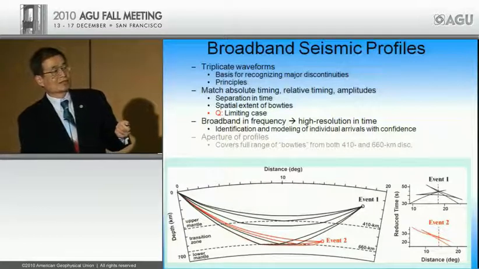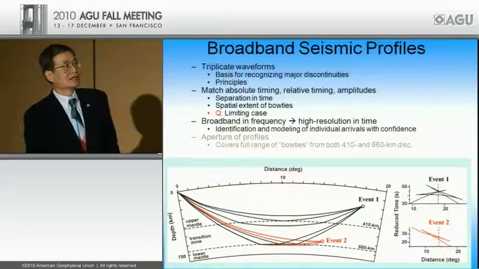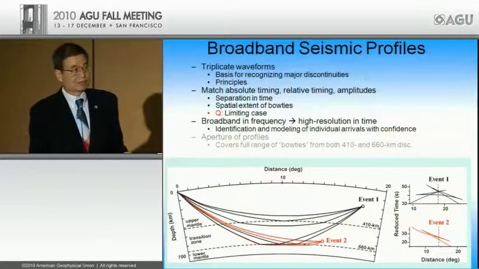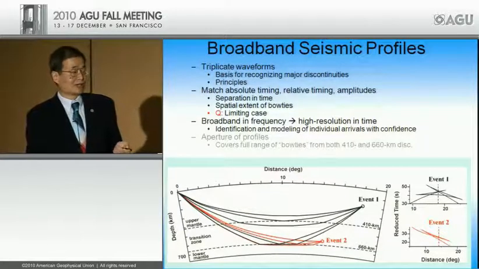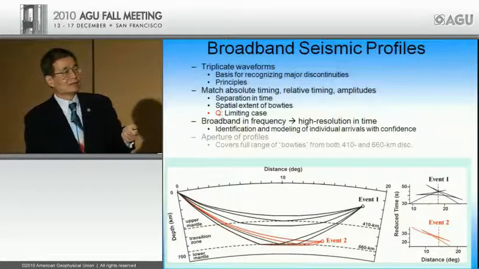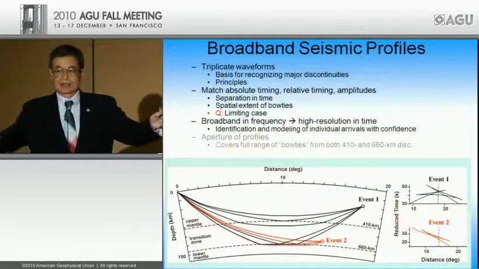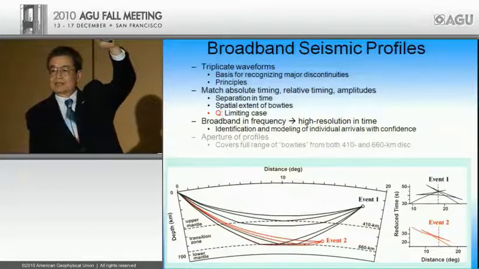So in terms of the travel time, at a given place, you will see 3 arrivals within a few seconds of each other. This was the principle that was used to establish the discontinuity, and I'm going to rely very heavily on the same set of principles in our studies. Now, if we have a very large discontinuity here, then this bow tie basically will cover a very wide range in space, and also you will see large separations in time.